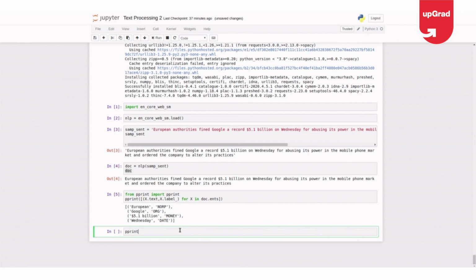If I say pprint of IOB tags, x comma x.ent_iob_, then I can say entity type also, for x in doc.